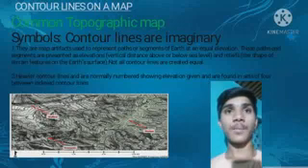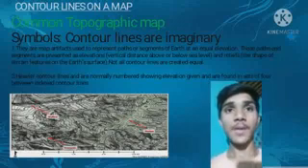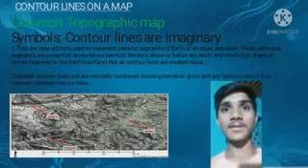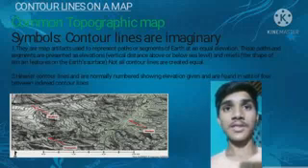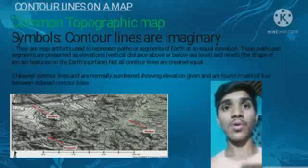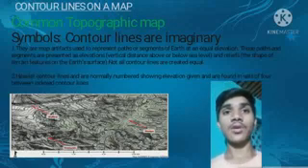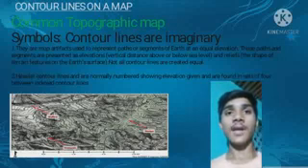Contour lines on a map. Common topographical map symbols. Contour lines are imaginary. They are map artifacts used to represent paths or segments of the Earth at an equal elevation. These paths and segments are represented as elevation, the vertical distance above or below sea level, and relief, the shape of the terrain features on the Earth's surface. Not all contour lines are created equal. Heavier contour lines are normally numbered, showing elevation, and are found in sets of four between index contour lines.